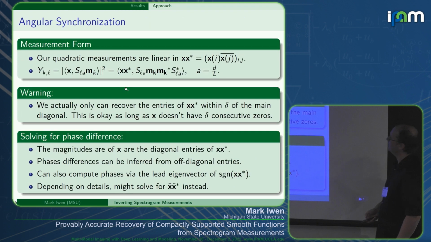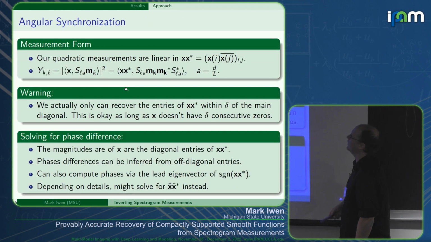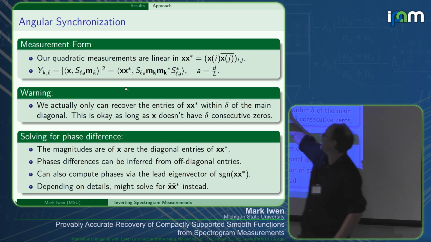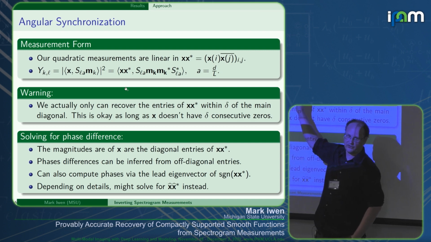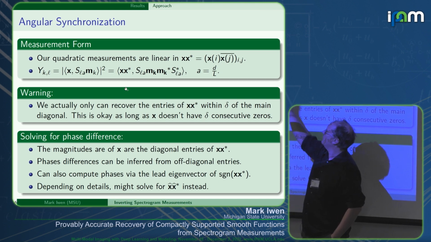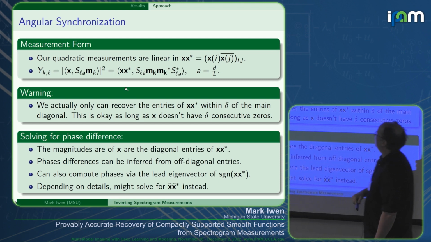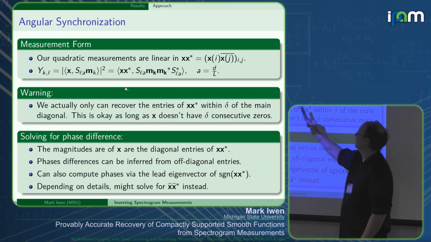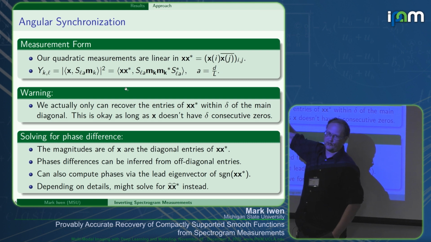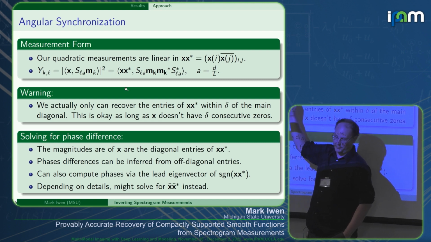So we do things like that. Okay, so using tricks like that, we now have a smaller number of shifts that we get to take. We have this linear system. And it turns out that if you really look at what's going on, the off diagonals that we can actually reconstruct of XX star, if we make these sort of support assumptions on the window,